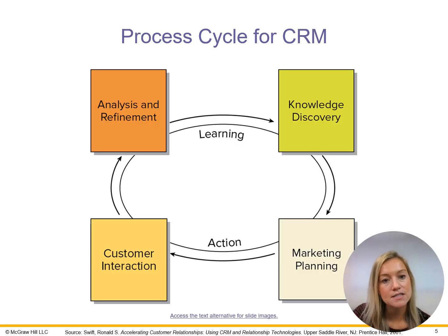The CRM process cycle is a four-stage process that helps businesses manage their customer relationships effectively. The four stages are: number 1, identifying the different customer segments, understanding their needs and wants, and tracking their interactions with the business. The retailer collects customer data from its website, point of sale, and customer service databases. The retailer then uses this data to identify its different customer segments, such as first-time shoppers, repeat shoppers, and high-value customers. The retailer also uses this data to track customer interactions, such as purchase history, website visits, and customer inquiries.